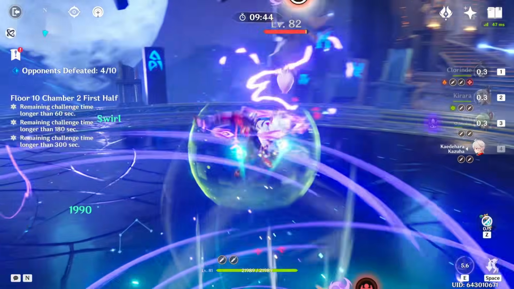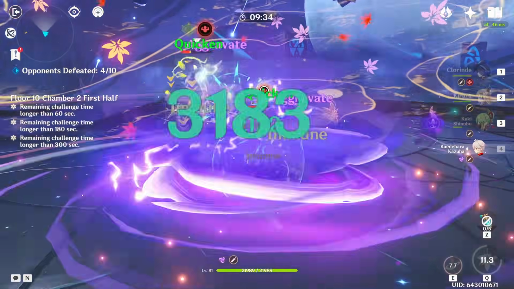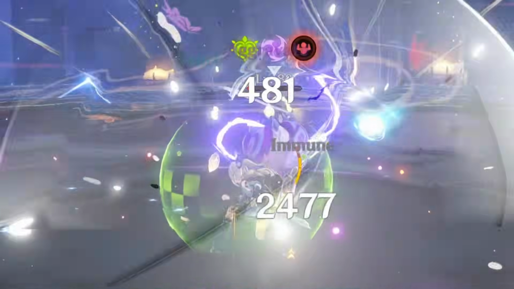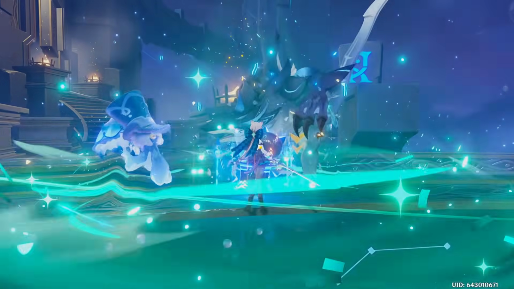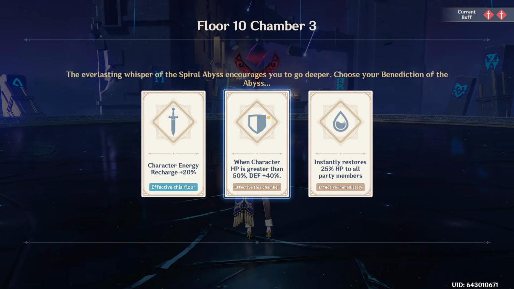Oh, immune to Electro, right. I knew that. I definitely planned for this. This is when Kirara gets her spotlight, except she really can't do damage. She's not built for that. Let's see if this side can pull it off again. Somehow, we do. If I had a C6 Lynette, I would actually try to build her as a DPS, because